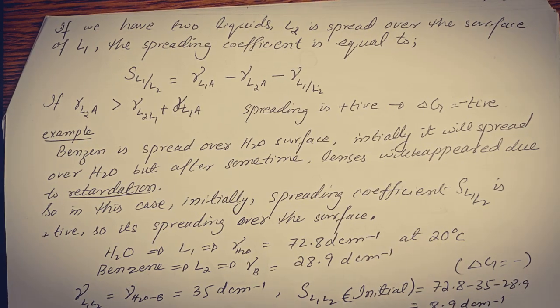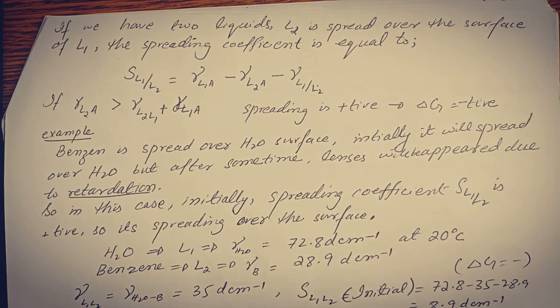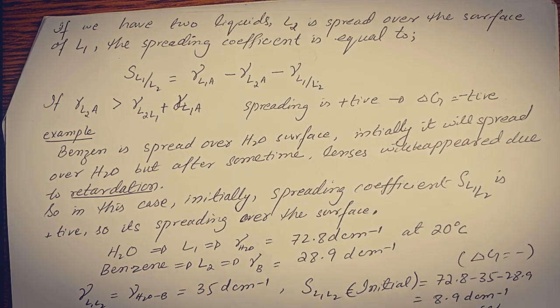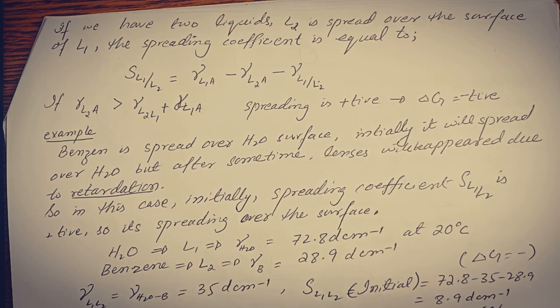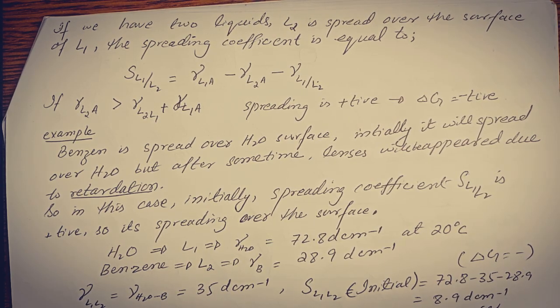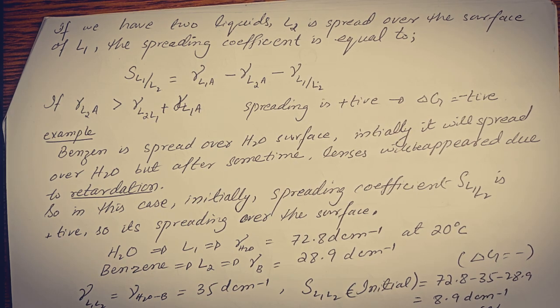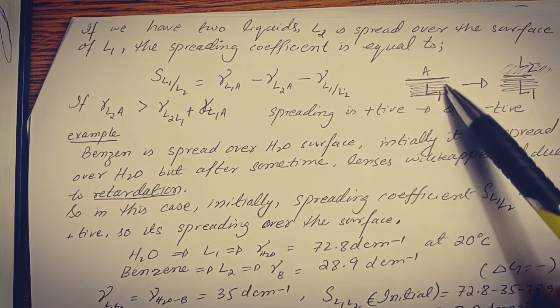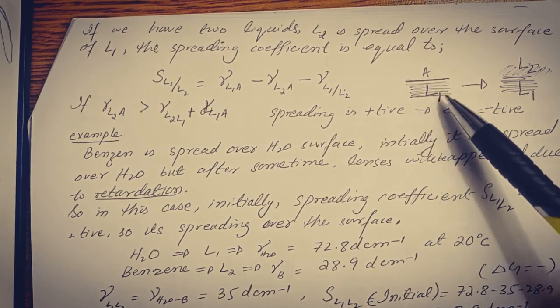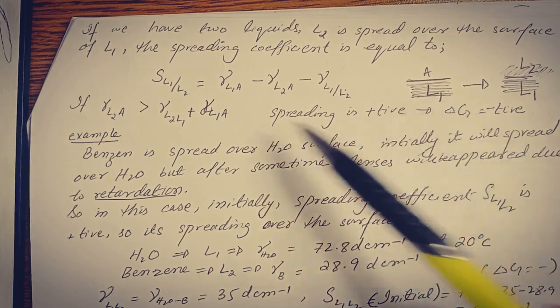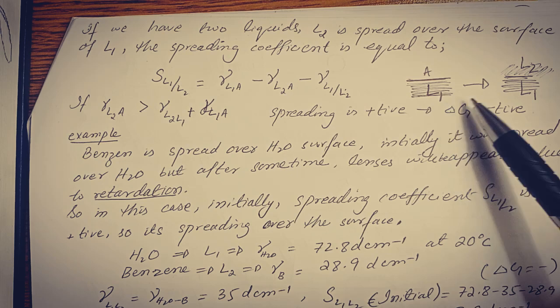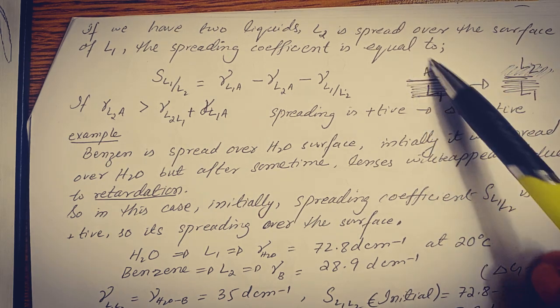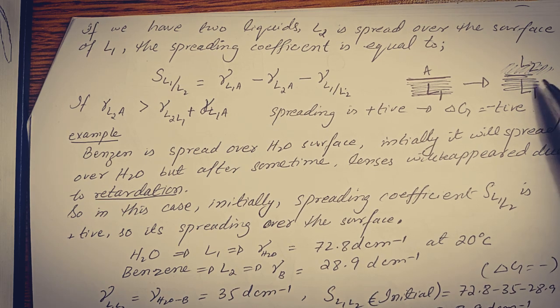Now take another example where the first surface is a liquid, that is a liquid-air interface, which is then displaced by another liquid. So if we have two liquids, L2 spread over the surface of L1, the spreading coefficient is equal to, from this figure we can see that here we have liquid L1 which is in contact with air. So L1 has a surface, that is L1A. This is the surface tension. So if we displace the air with another liquid, that is L2, we get